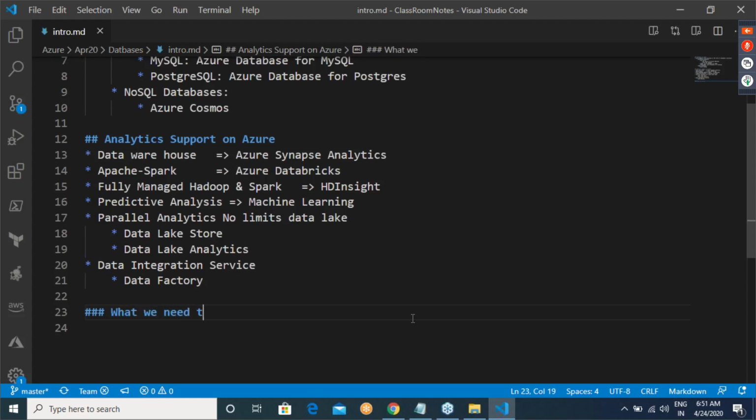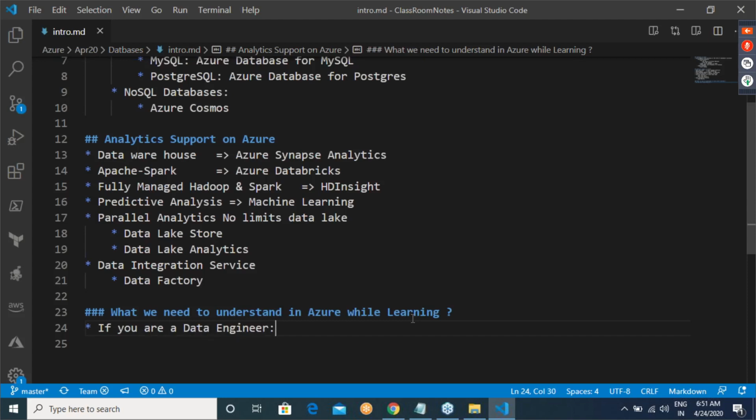What we need to understand in Azure, or any cloud for that matter. Tomorrow if you go to AWS or Google Cloud and learn about data factories or anything, there are two modes. One is if you are a data engineer by any chance.